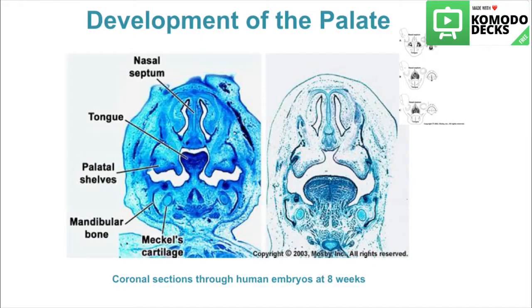This is a coronal section through a human embryo at week 7 and at week 8. The two nasal cavities are obvious, with a primary nasal septum in between that is derived from the frontonasal processes, and these both will form the primary palate. You can also see the small lateral palatal shelves on these sides, which are derived from the maxillary processes. In the 7th week, we have a large tongue,